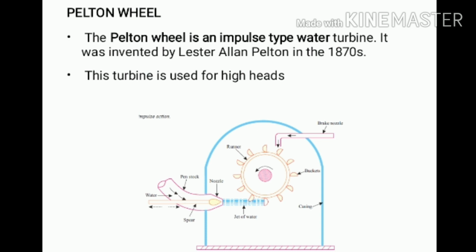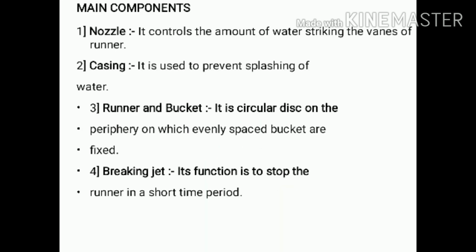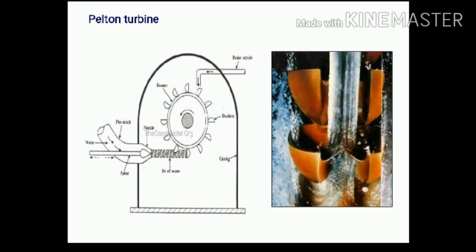Now if you just look at the diagram, the very first part is the nozzle and the spear assembly. Now nozzle, as you know, is used to generate a jet of water with high velocity, so that the water will impinge on the bucket at its middle and it will start rotating. Normally, depending upon the size of the turbine, more than 2 nozzles are used in each turbine. There are various calculations available to calculate the number of nozzles required as per the turbine.